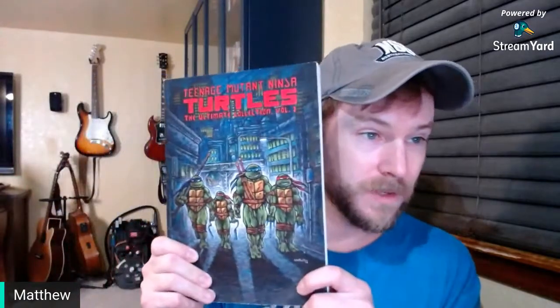I highly recommend that you pick up these comics. Check out the reviews, see how excited I am about them, and then make a decision if you should get them or not. And these volumes are really cheap on eBay. Seriously, if you buy them new, they're like $50 maybe. Used in good or great condition, I got volume 1 for $20, and this is a new one, volume 2. All of this stuff is in black and white, so this isn't the colorized version, which I think is more expensive. But this one was like $15,